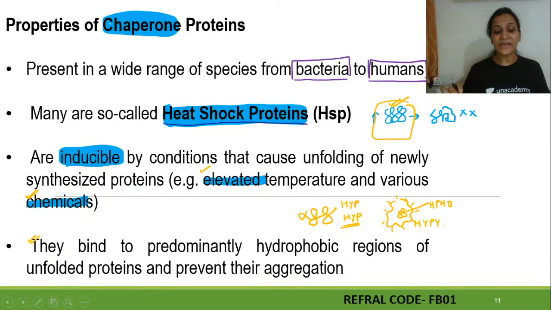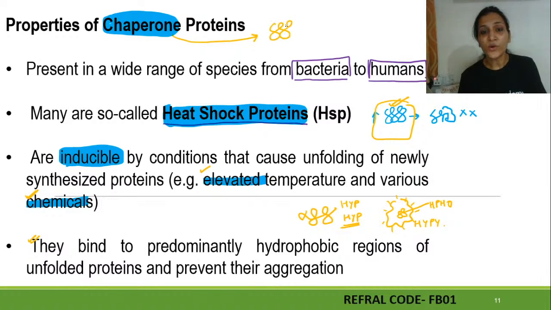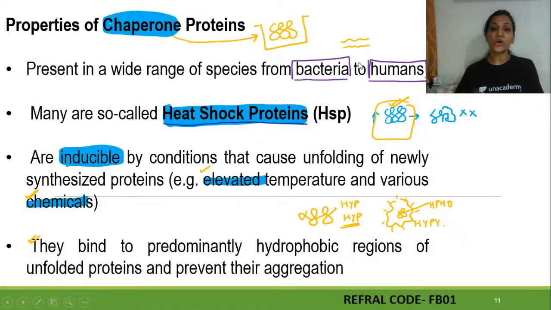So it is an editing mechanism in detecting misfolded or defective proteins. As soon as there is a change in the environment, the chaperones just come to the rescue of the proteins and try to save them from that unwanted situation, right? It helps the protein take its functional form. And if the protein has just been formed, and we are not talking about its heat shock nature, what will it do?